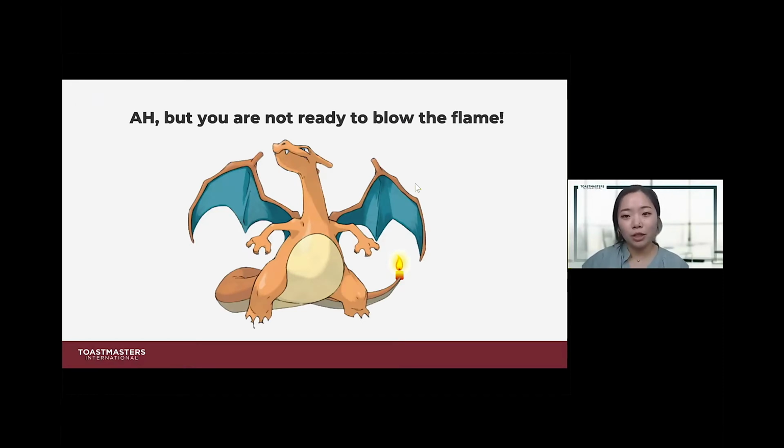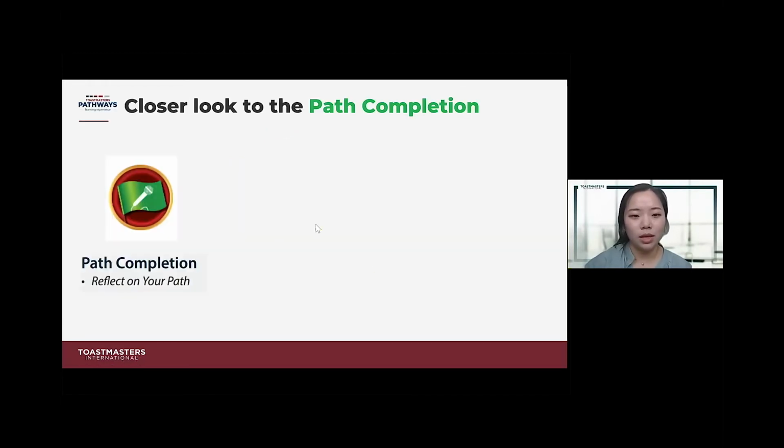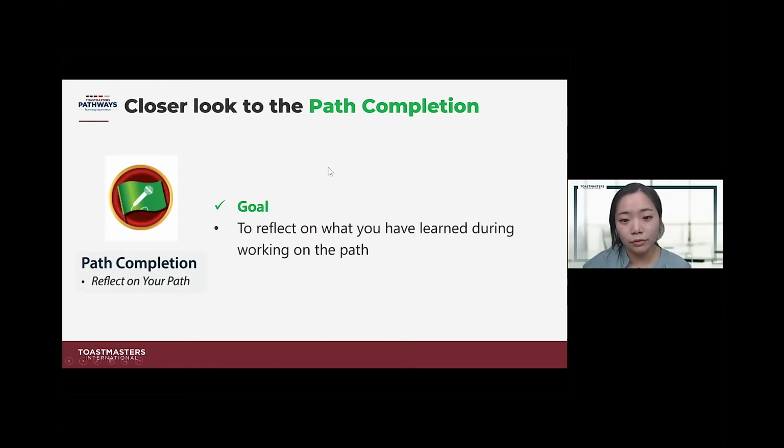But you're not ready to blow the flame yet because there is one last project left, because there is path completion. This is kind of a part of level 5, but it's not a real part of level 5. That's a final project you're working on, to reflect on what you have learned while working on the projects in the path.